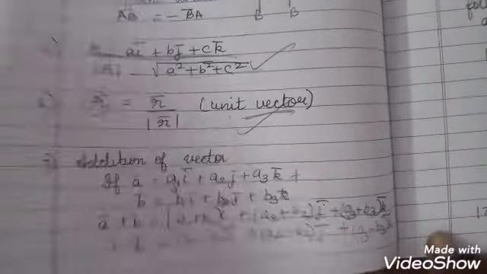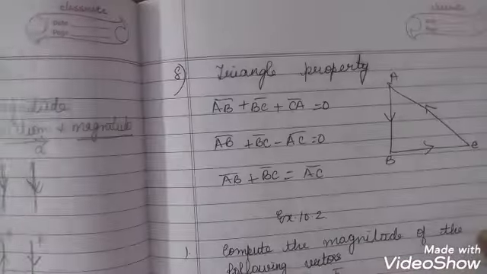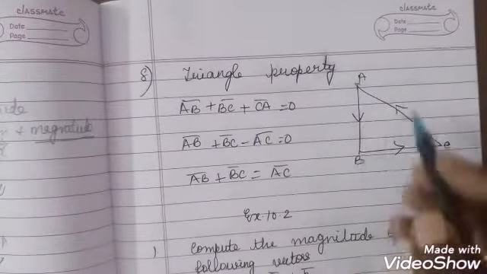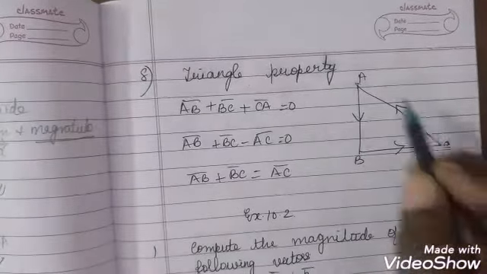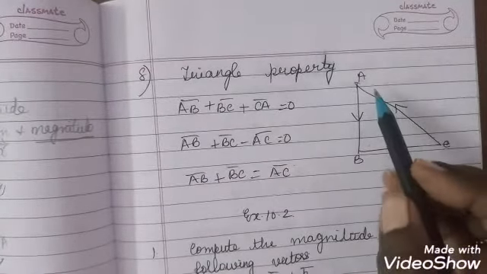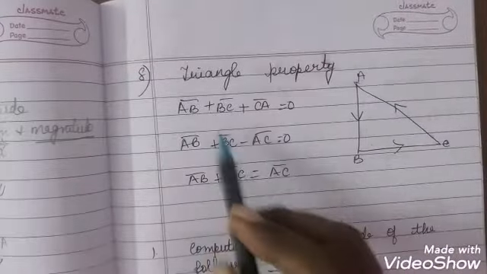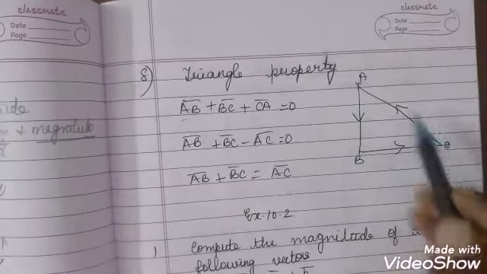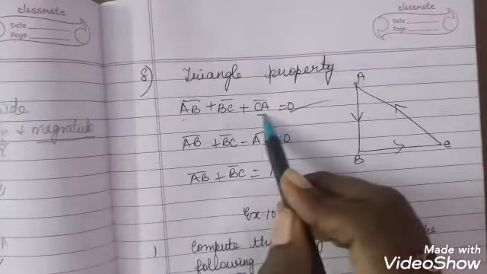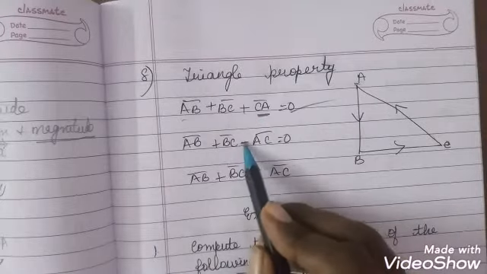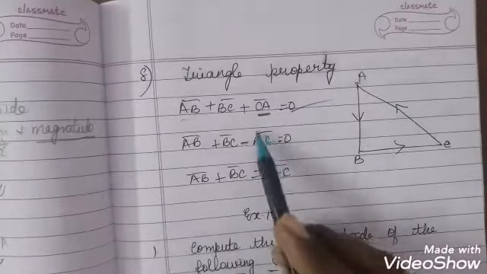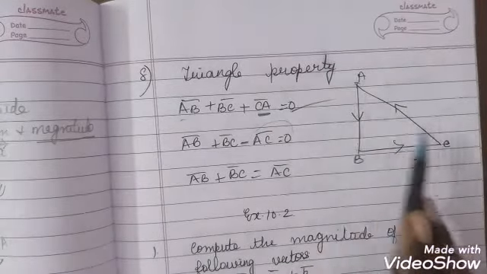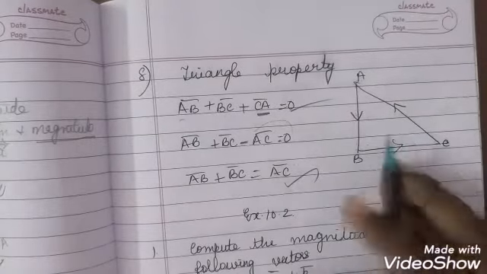Got it? Now the next one what you're going to see here is the triangle property. So what is a triangle property here? In this case I have drawn a triangle with the direction AB, BC and CA. So you know what is a triangle property here? It's nothing but the sum of all the vector quantities is equal to 0. In other words, I can say that AB plus BC plus CA is equal to 0. Now here, when I change the direction for this one, I can write it as minus AC. So how do I write it here? When I take it to the other side, you will get AB vector plus BC vector is equal to AC vector. This is your triangle inequality.